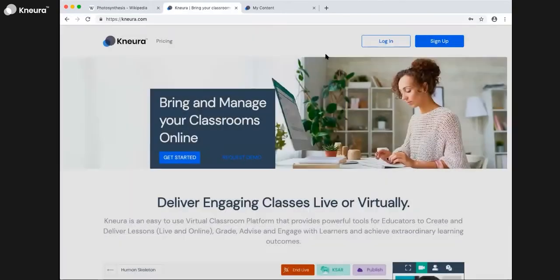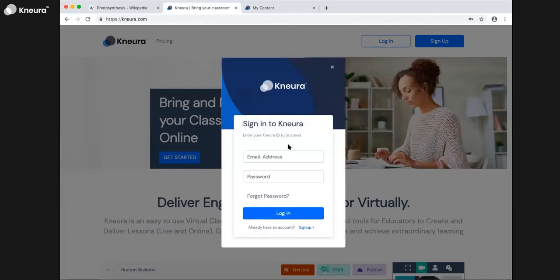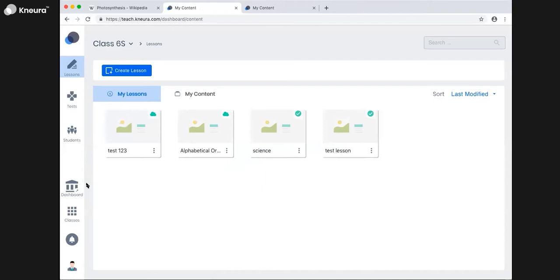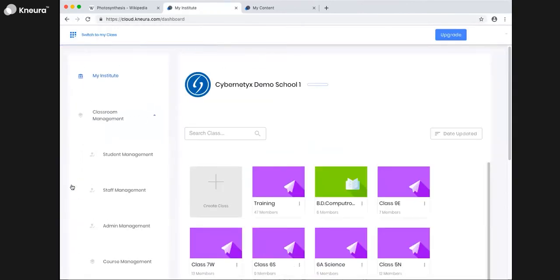Okay, so now let's look at if you're already a user, where do you start off? So we have here our login page. You just enter your login credentials. Right now I'm using my login credentials here, so I'll just log into this platform. So this is what you see here. Let me start with onboarding the entire institute.